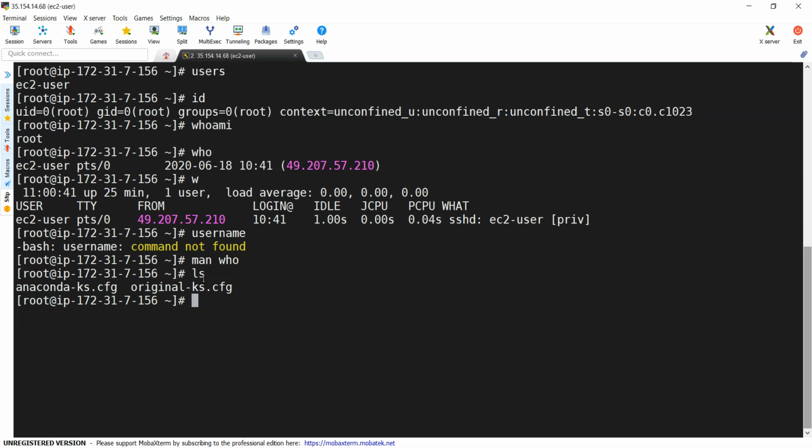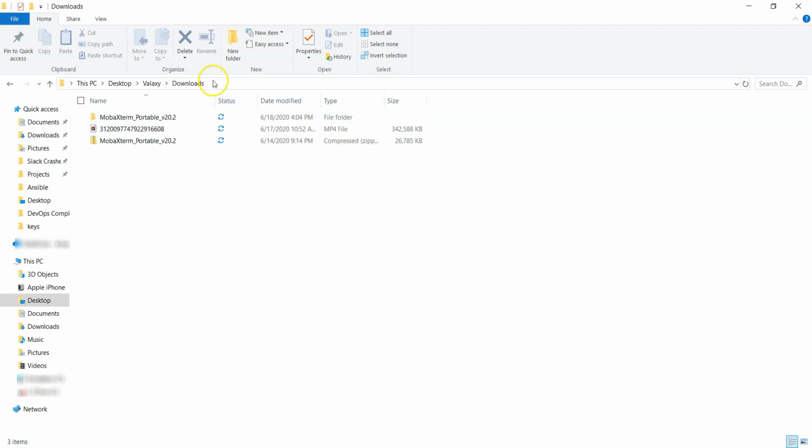And I would like to introduce one more command, that is pwd. pwd stands for present working directory, which will tell you which directory you are in. You can see here I am under the root directory. This is my present working directory. In Windows, it is something like this. This is your current working directory, right? You are under My PC, Desktop, Galaxy, and Downloads. In this, you have these directories.